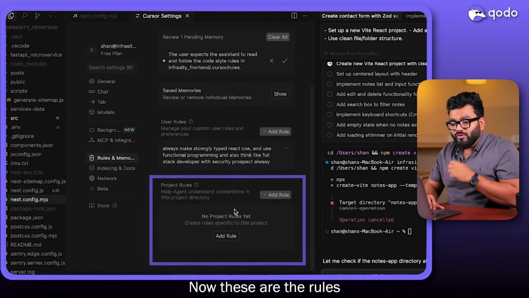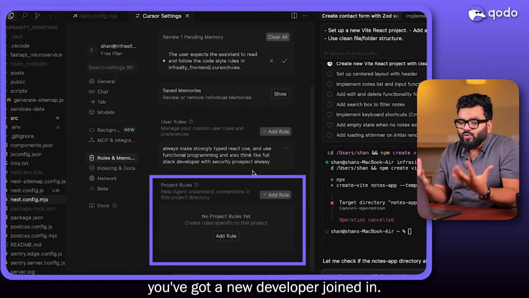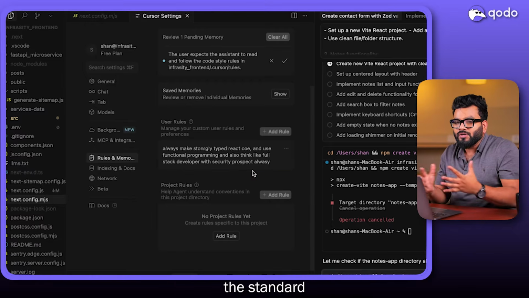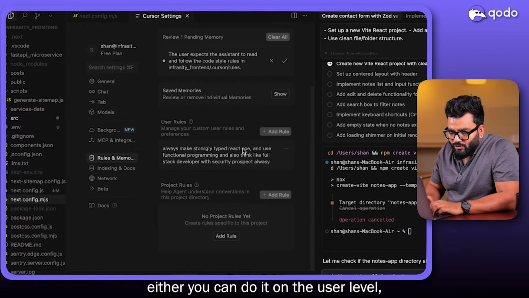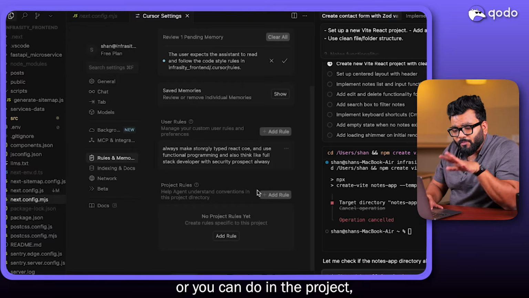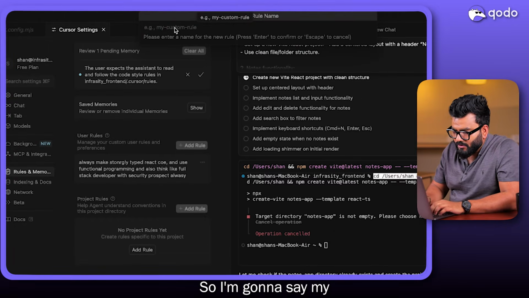you'll find the rules. Now, these are the rules which you can implement. Let's suppose a new developer has joined and he doesn't know the standard coding practices in your team. So what you could do is either do it on the user level or do it in the project, which is the global level. So I'm going to add the rule. It asks me for the file. So I'm going to say my